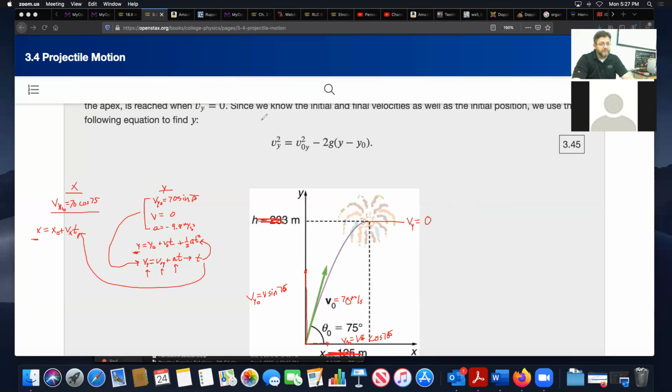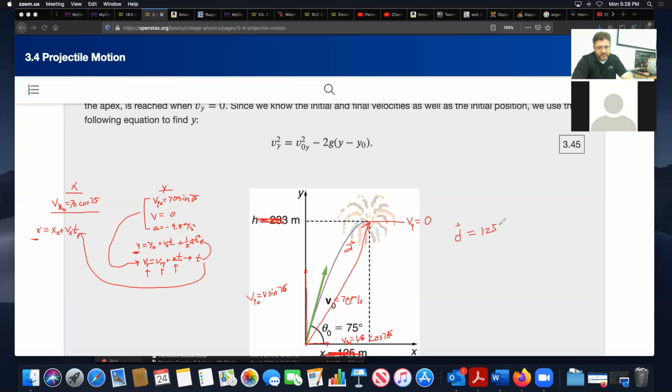There's another example we'll do where we actually build a vector. In this case, they just want to know the height and the distance it goes, but you could consider that a displacement vector. They tell us the height is 233 meters and the distance is 125 meters. Well, that just means that our displacement vector, if we wanted to call it D, the displacement vector which goes from here out to the point that it blows up, D would equal